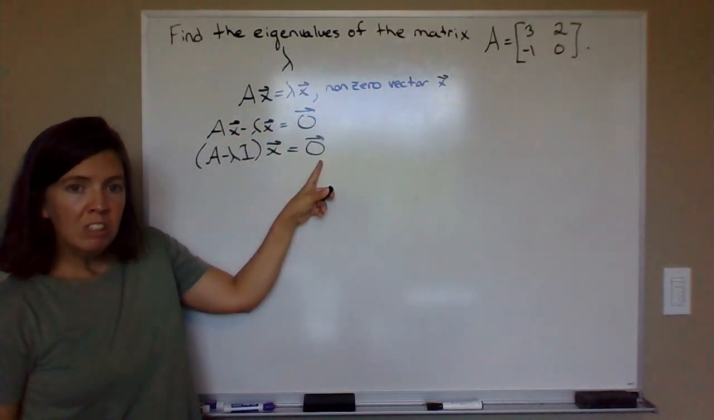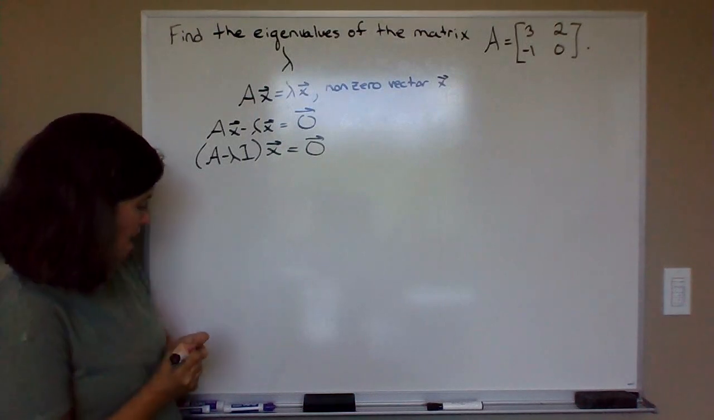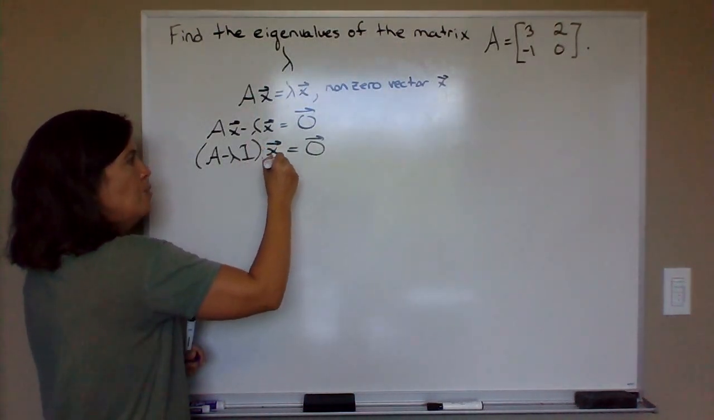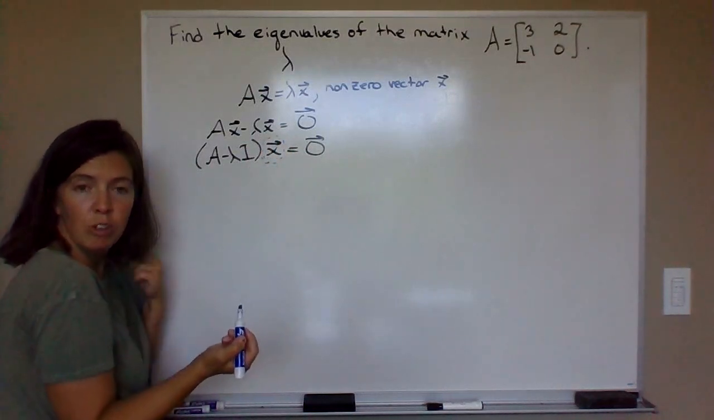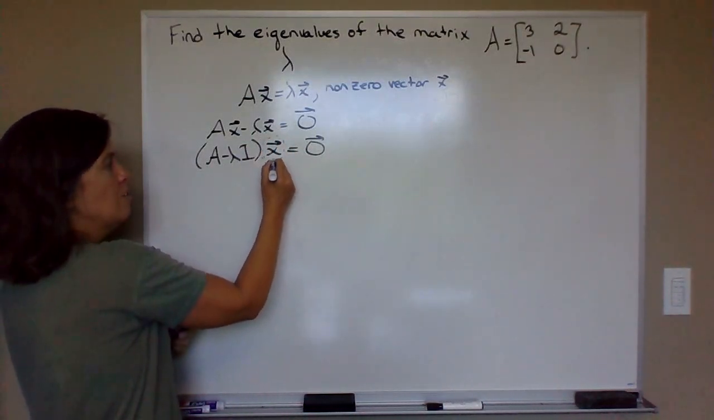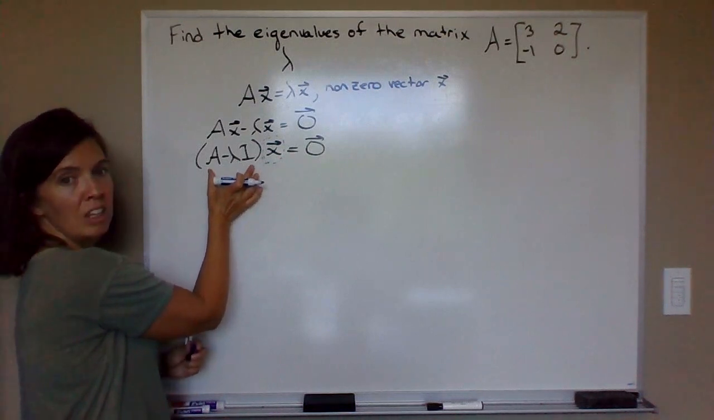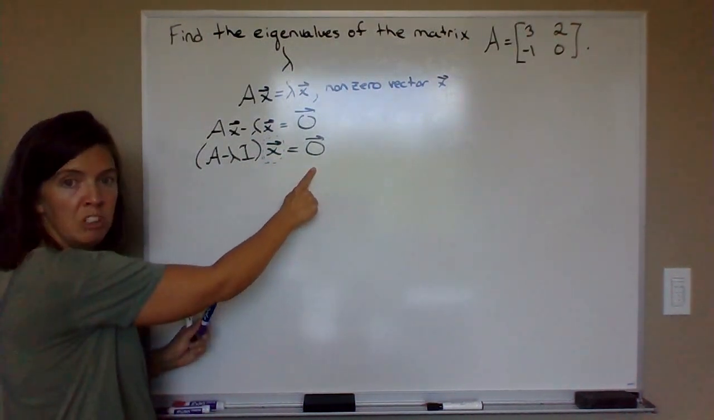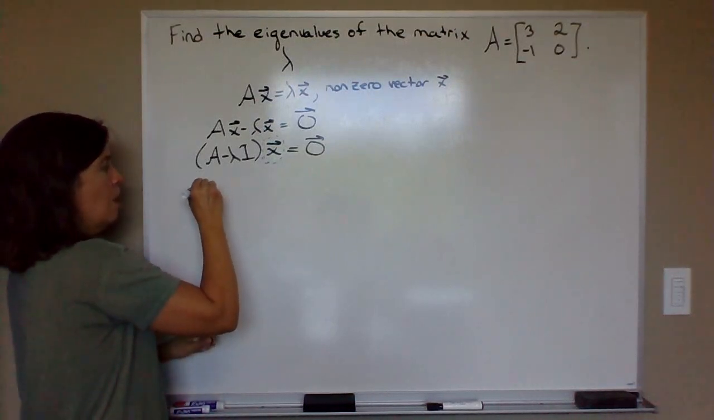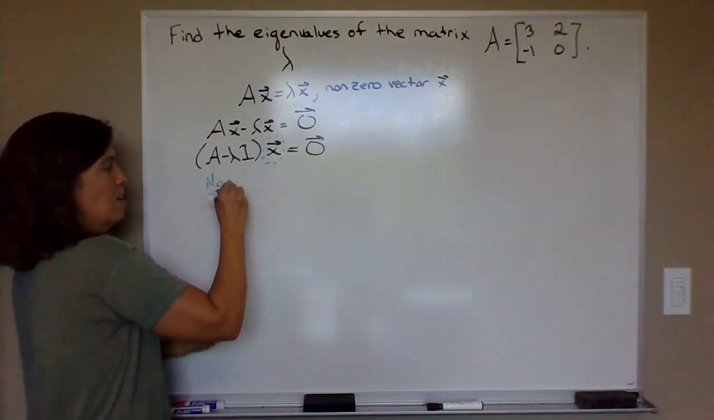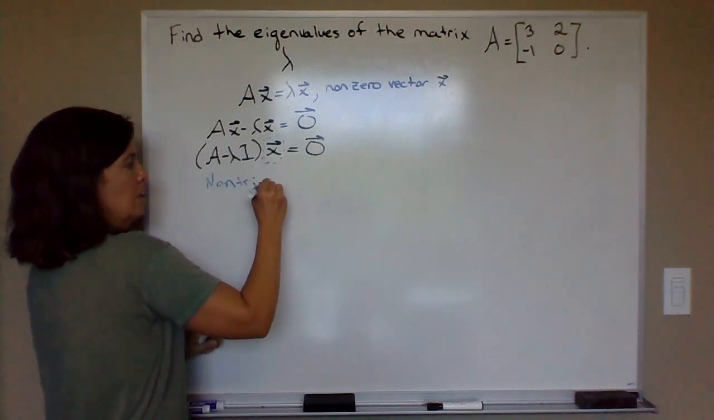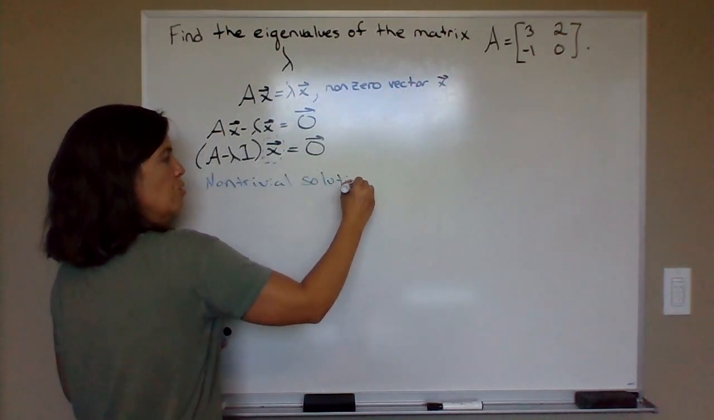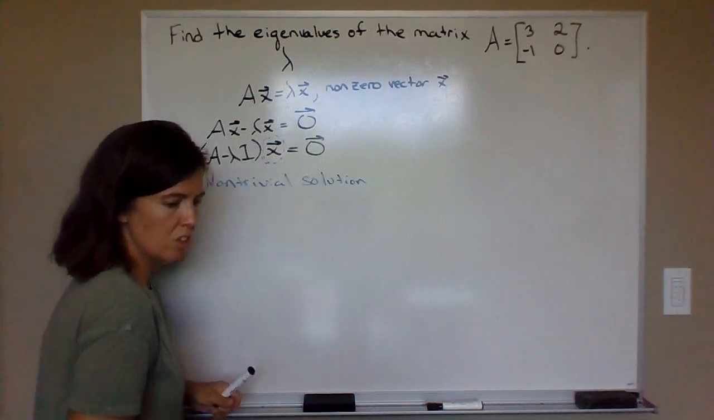So here we've got a homogeneous equation. And if lambda is an eigenvalue, then we have a non-zero vector x, because eigenvectors have to be non-zero, such that A minus lambda I times x equals 0. So in other words, the homogeneous equation has to have a non-trivial solution. Oh, and I'm using the bad blue marker again. I need to throw this one away. But what I'm writing here is non-trivial solution. We have to have a non-trivial solution to that